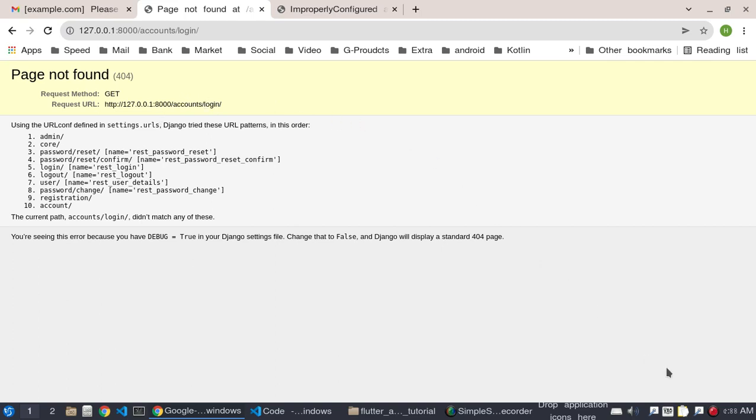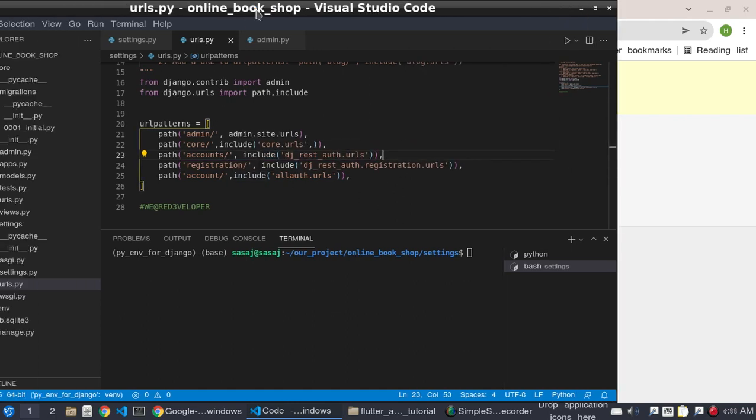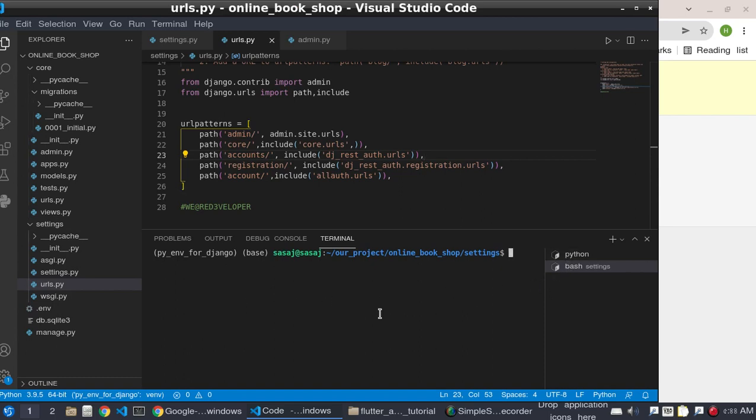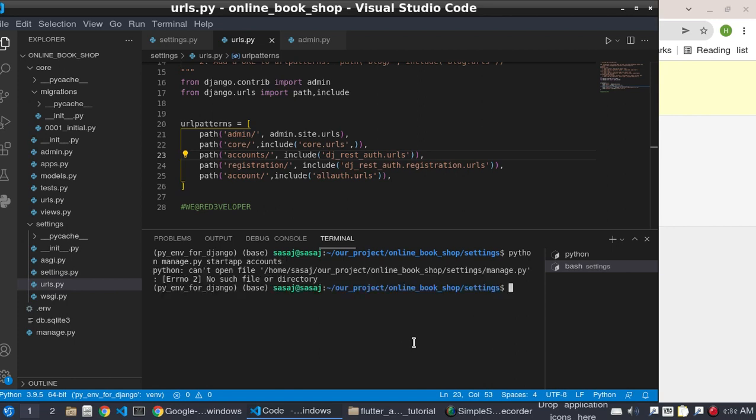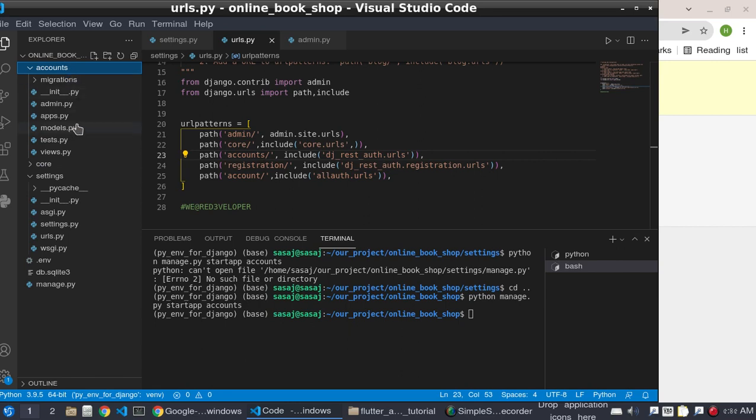But where is the account slash login? So we can say it is taking us to account slash login. So we can pass here accounts, or create a new app, python manage.py startapp accounts. Okay, sorry, cd dot, I need to move to the root directory and run startapp accounts, and here is the accounts app, and under the accounts app we'll create a file urls